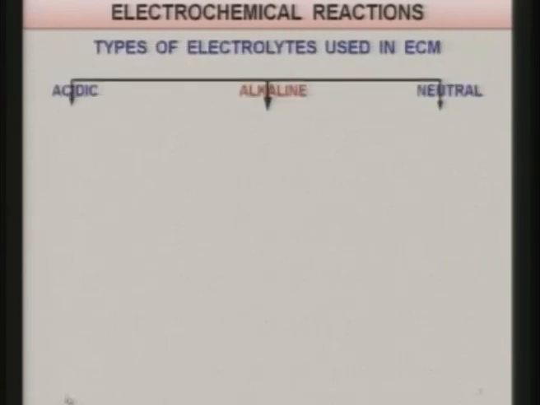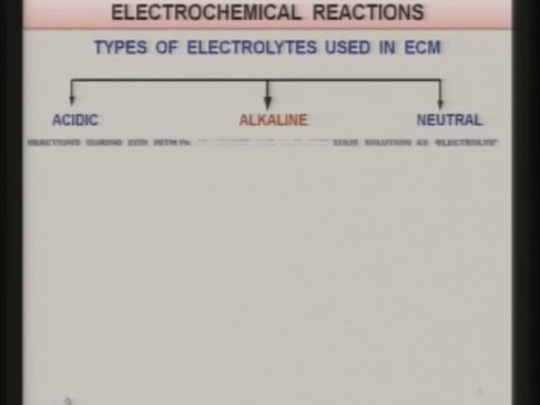Now, there are various kinds of electrolytes which are used in the electrochemical machining process. Some of them are acidic in nature, some are alkaline in nature, and some are neutral salts. Reactions during electrochemical machining: while machining iron, Fe, as anode, sodium chloride, that is the normal salt which we eat every day, its aqueous solution is used as the electrolyte, and you will find that electrolysis of water,